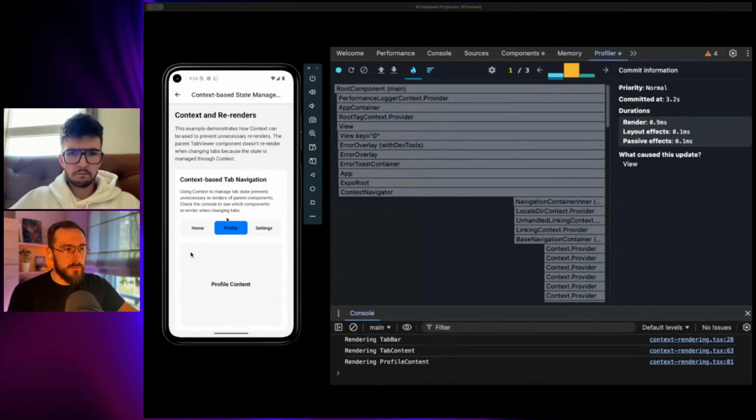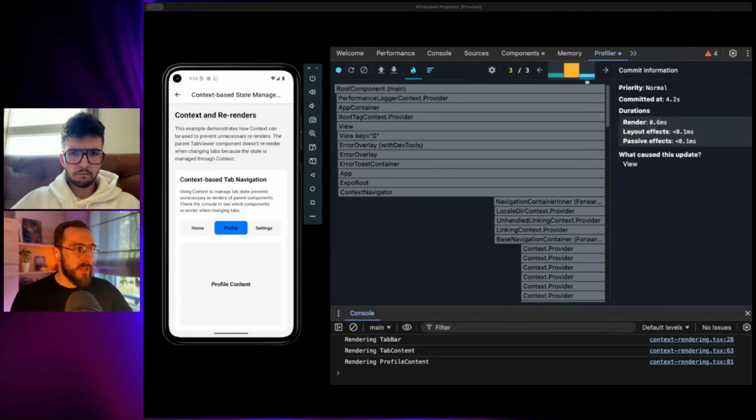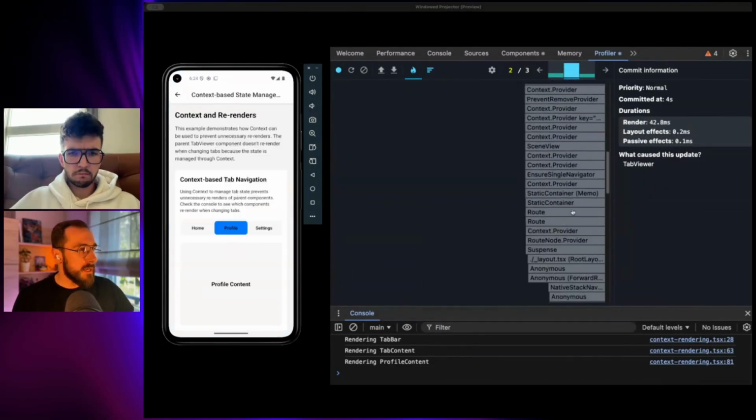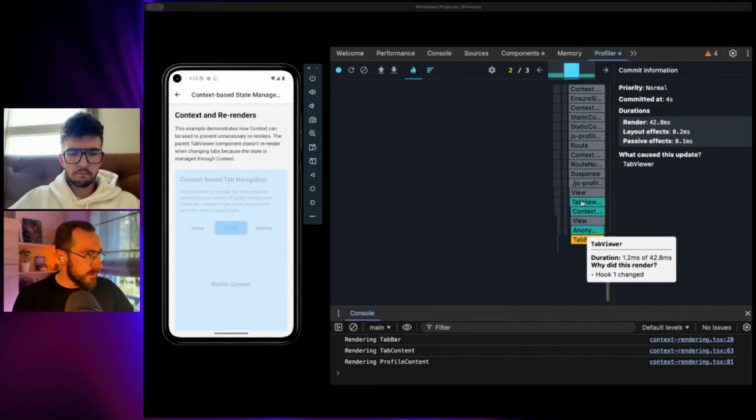So press was in, so this background changed, and then press was out, background again changed. We should mostly focus on this big one. So when I go back into